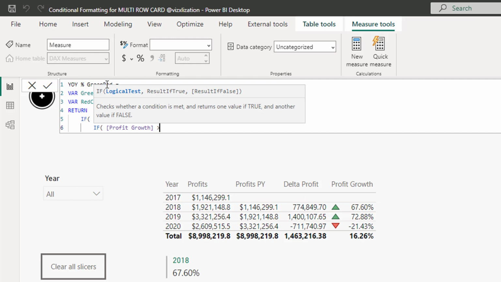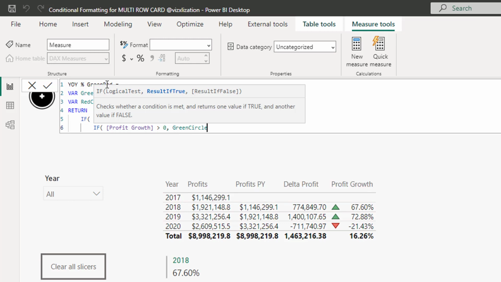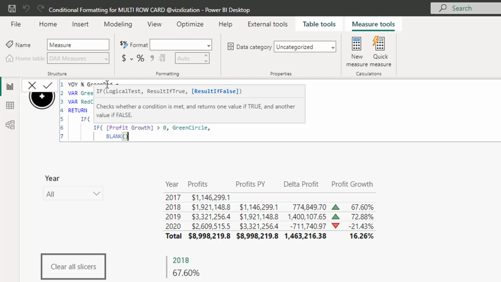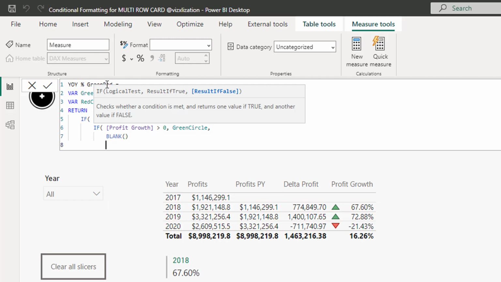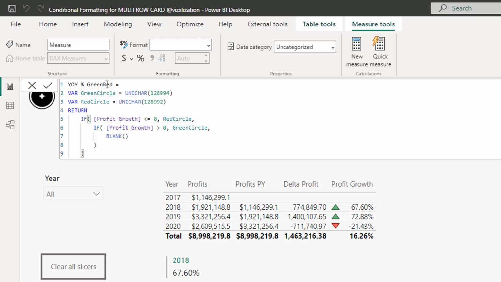If profit growth is greater than 0, so what happens here? Let's call the green circle variable. And then for else, let's leave it blank. So let's use the BLANK function here. And then we are ready to close parentheses. Check this out. So let's see what happens.